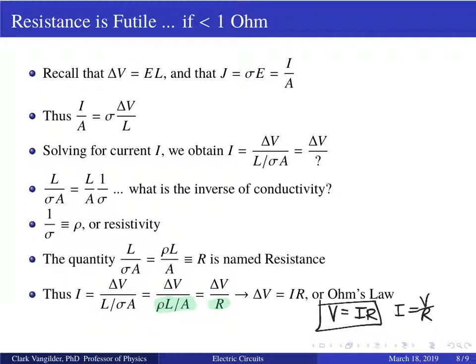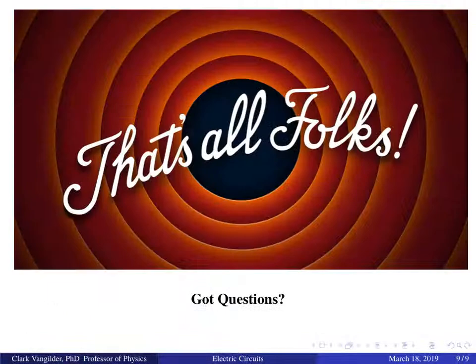We'll use the heck out of Ohm's law in our circuit analysis, which is why we went through all of this trial and tribulation, because we have this amazingly simple formula, but where did it come from? Okay, it came from all that analysis, which is a lot. So it's a really simple formula. We'll verify it, we'll use it, and it applies to anything in a circuit: capacitors, resistors, light bulbs, any load that's in the circuit. Okay, so that's